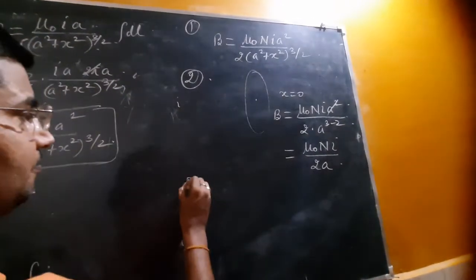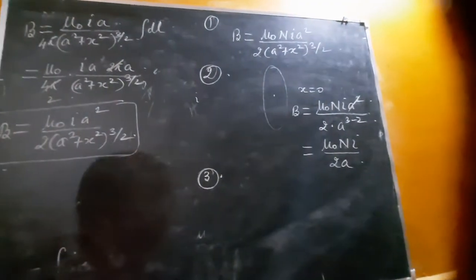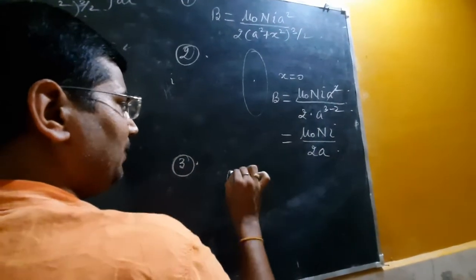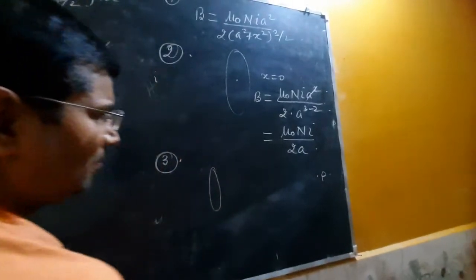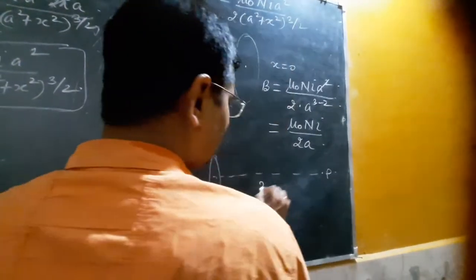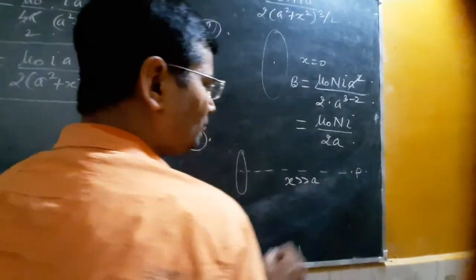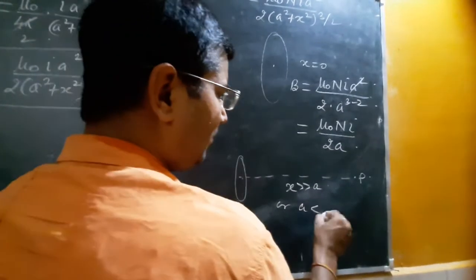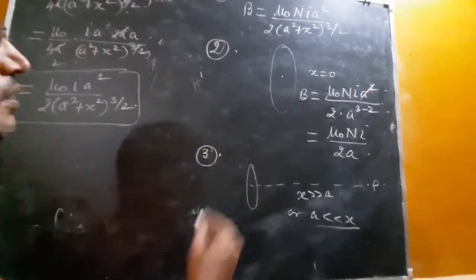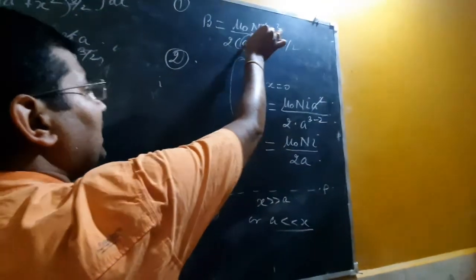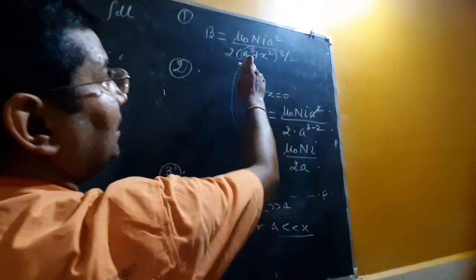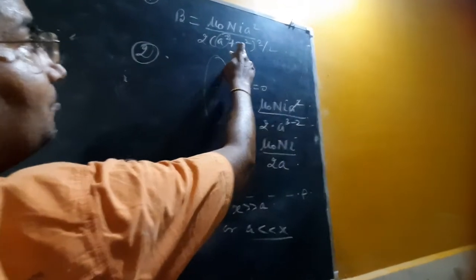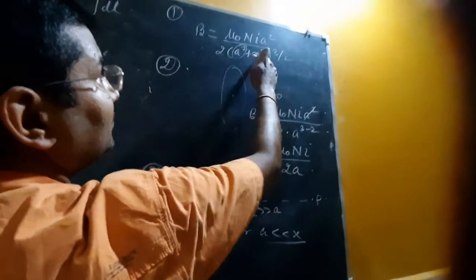Now third point is what? I am supposing that we have to find magnetic field at some distant point. What does it mean? It means that this distance x is very high in comparison to a, or a is very small in comparison to x. In that sense, a square will be very small in comparison to x square, so it can be neglected. After neglecting a square, what do you have? x square to the power 3 by 2, 2 cancel, x cube,